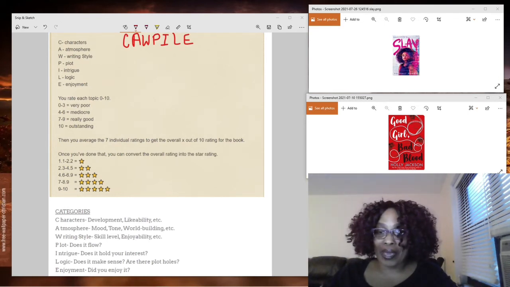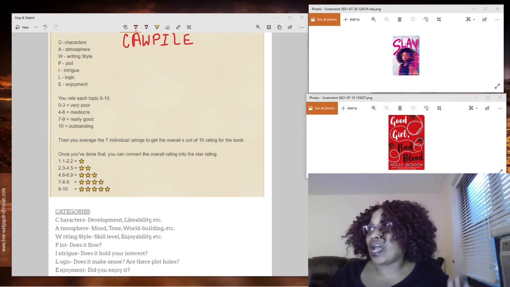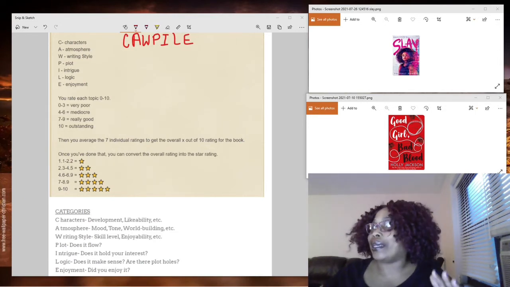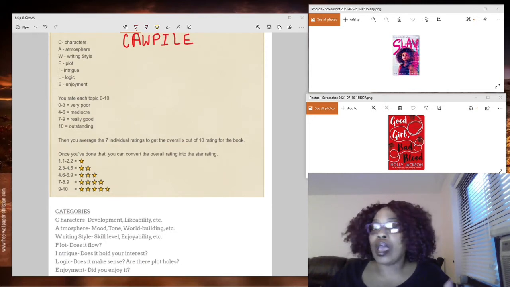So I am going to rate these 2 books, Slay and Good Girl's Guide to Murder. Now, both of these books I rated a 5 star. Like, I didn't even need this system to know that they were a 5 star, but I'm also doing a